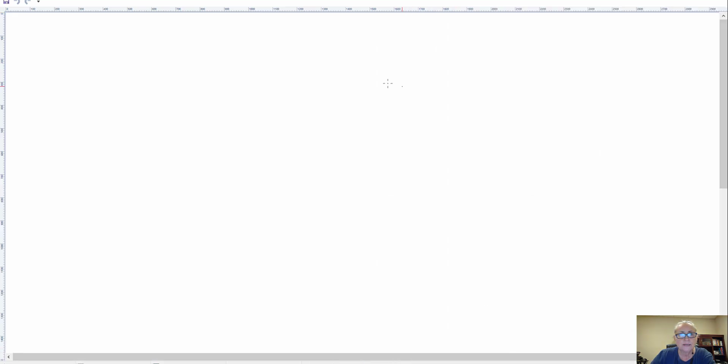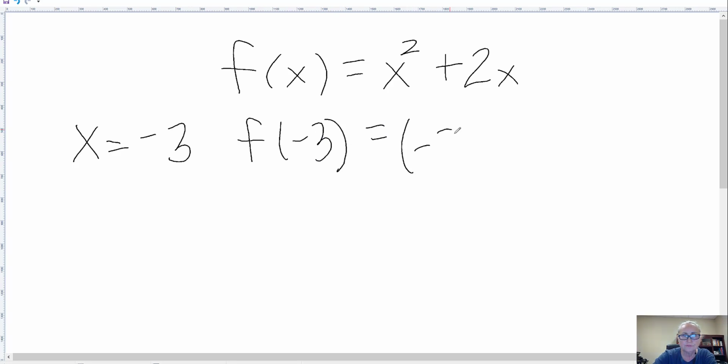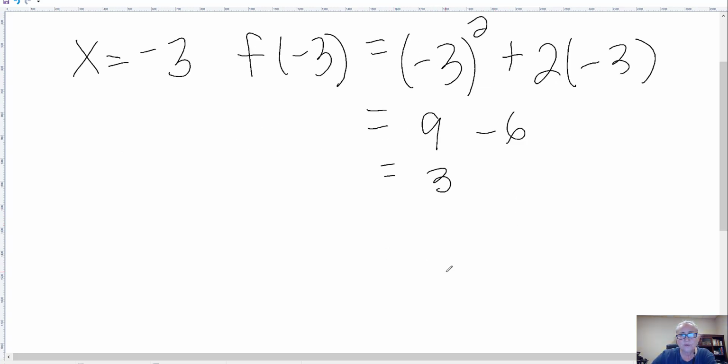So let me open up something I can write on here. So remember, it's f of x is x squared plus 2x. I'm going to pick x to be -3. So look, f of -3 would be -3 squared plus 2 times -3. That would be 9 minus 6 is 3. So that puts a point on this graph